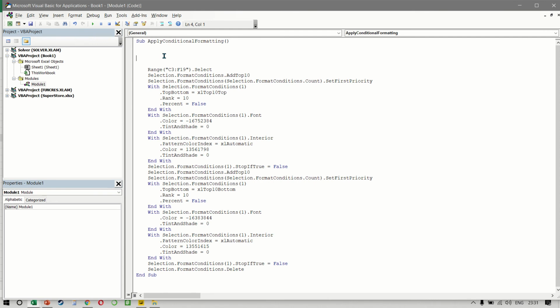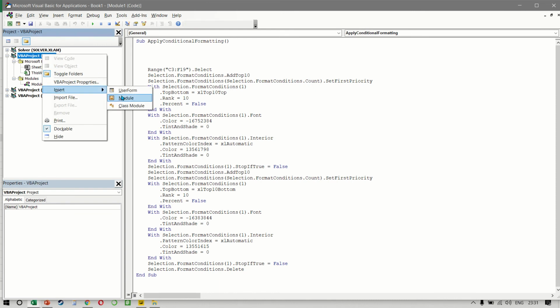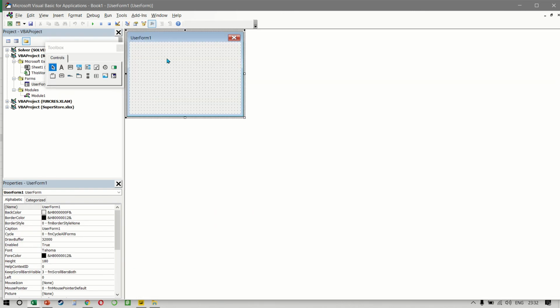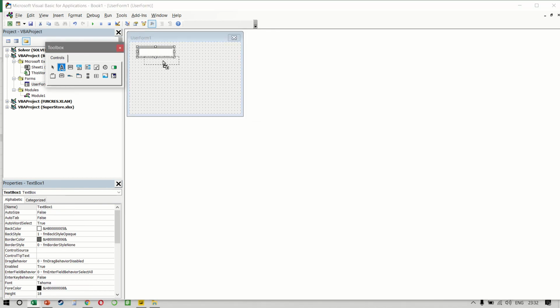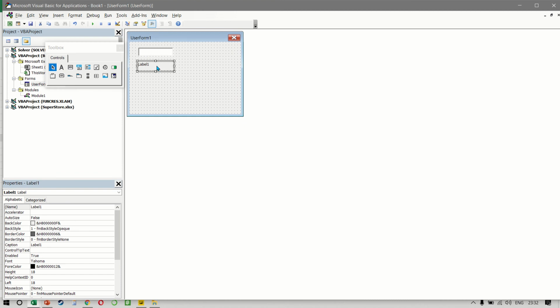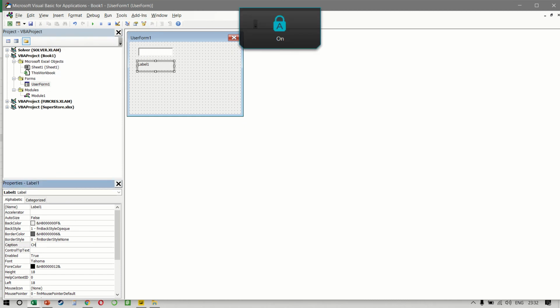And before we go ahead, remember we want to give the user the control on a user form. So let's create that. Insert user form. And here we can have a text box. And we can also keep a label here where we say choose the top or bottom.